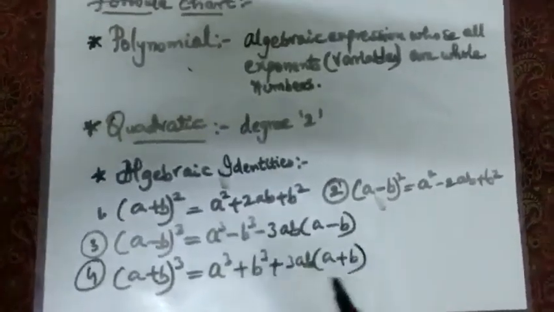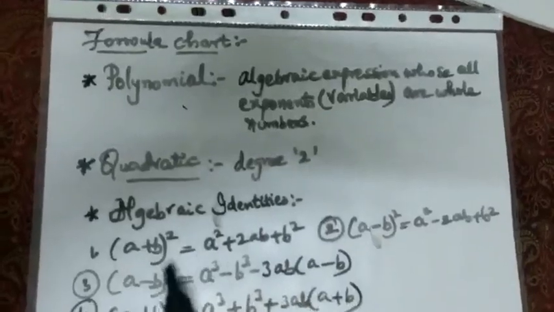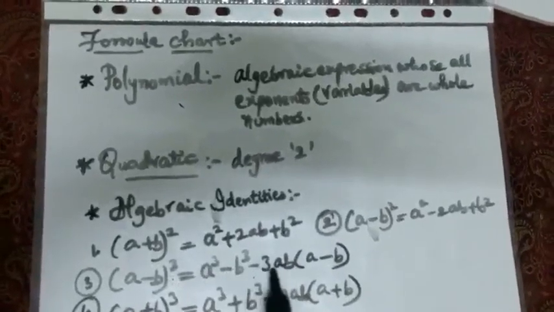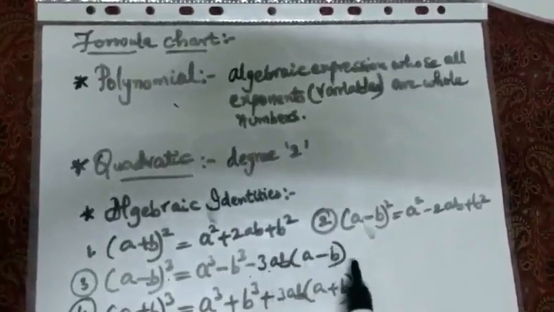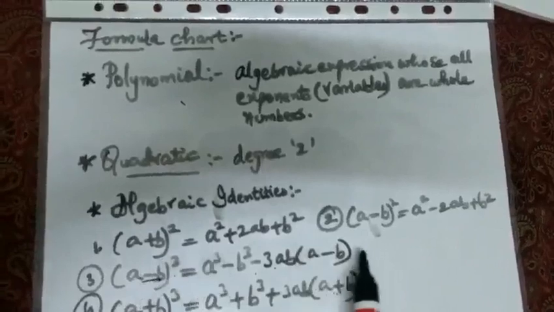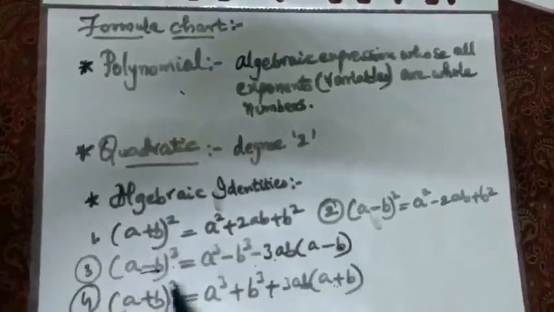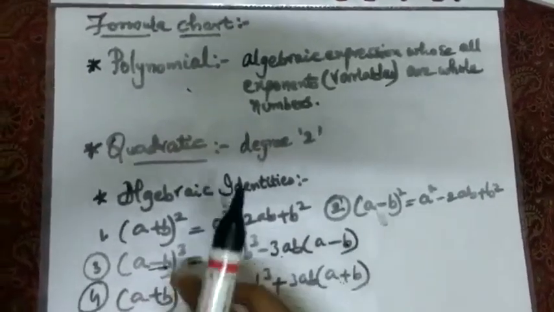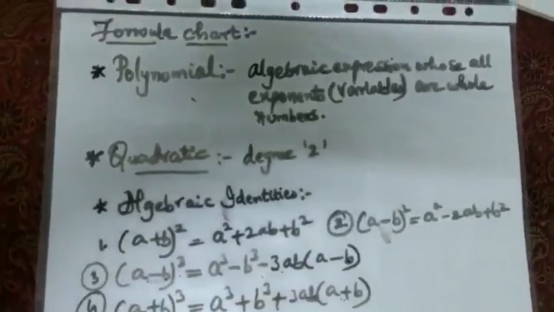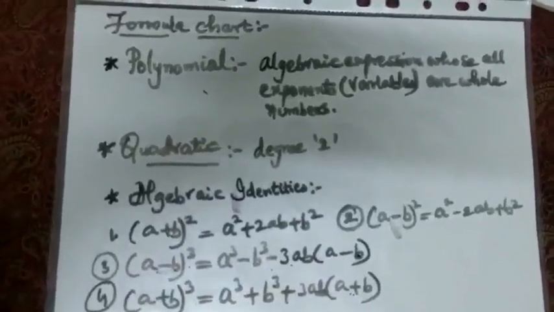Now I'll just give you a very small tip how to remember this formula. Power here is 3, okay. a, b, then the combination 3ab, (a minus b) or (a plus b) depends on what you are writing. If it is a minus b, you will be writing minus all over, and if it is plus, then you will be writing all plus there. Simple tip to remember the formula. Whatever you feel easy, you please do remember the formula.